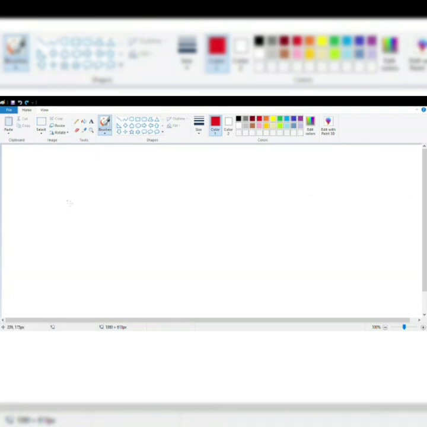So children, today we will learn about a new tool which is the brush tool. Under this brushes tool, you have different types of brushes which you can use for your drawing. The first one is the brush. So let's select the brush. Let's select the width to the thickest and use this tool. If I use the brush tool, it will give me this type of line.